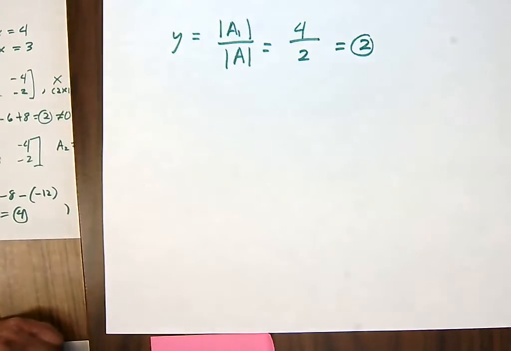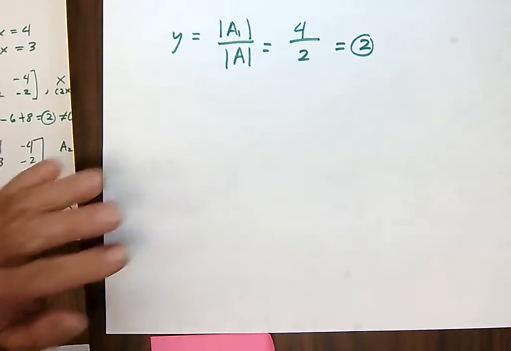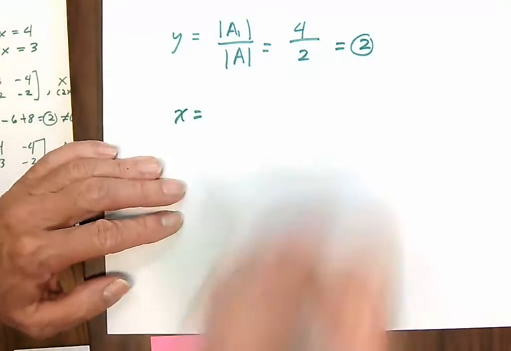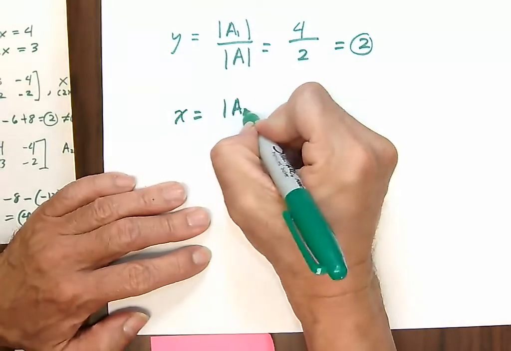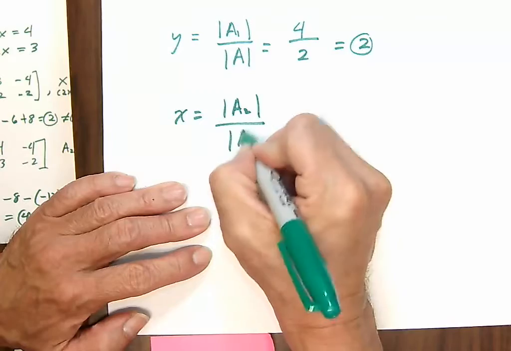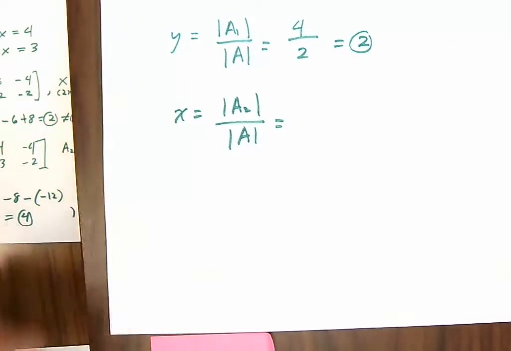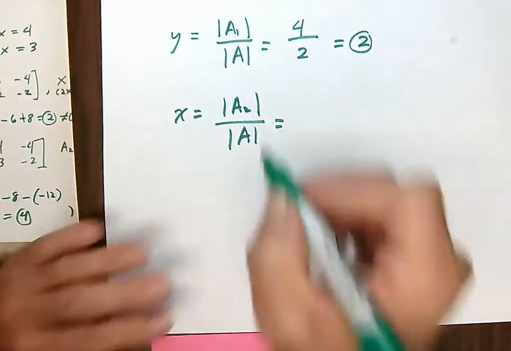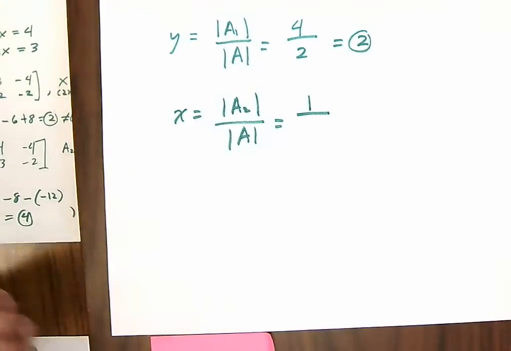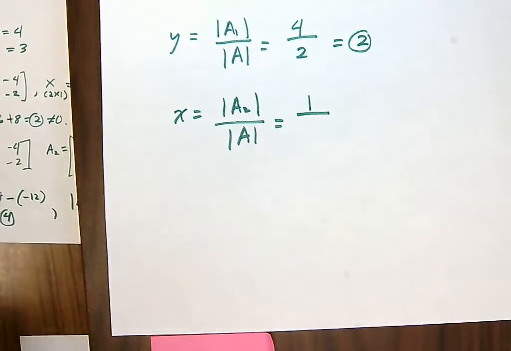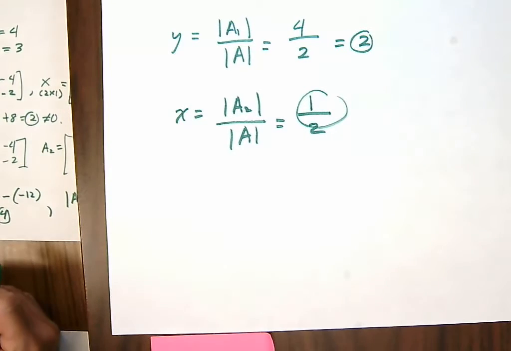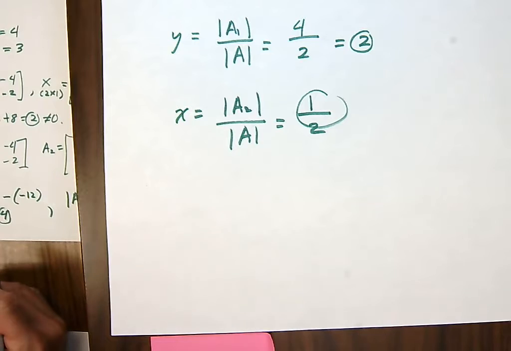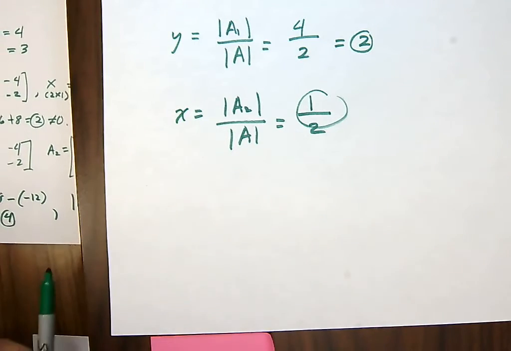To find the second variable in our X variable matrix, which was x, using Cramer's rule, that is simply equal to the determinant of the A2 matrix over the determinant of the A matrix. The determinant of the A2 matrix was 1. The determinant of the A matrix was 2. And those are your solutions, which are the same as we got before using the matrix inversion technique to solve the equation system.